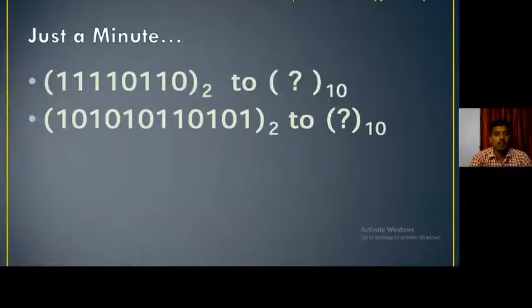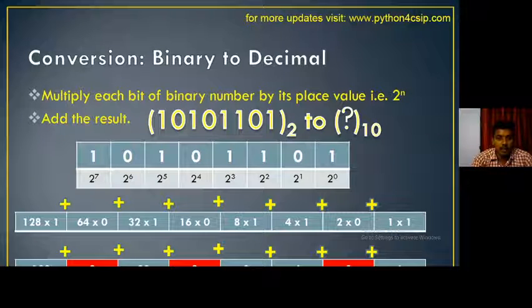Okay, now 410110 base 2 to base 10, these are also the same positional values. So 2 power 0, 2 power 1 is 2, plus 4 is 6, plus 16, plus 32, and so on, it will add and you will get the value. So if you want, you do these values. Okay, clear? You do this for all the binary numbers to get the decimal number. Understood? I think multiplying each binary digit with the positional value of 2.